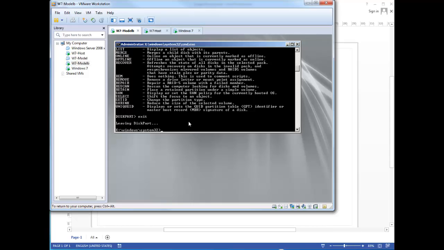Oh, I can't copy and paste. That's right, not in this Windows PE environment. So I'm going to the D drive to run the ImageX command, and I am going to capture an image of the C drive, and I'm going to copy it to my E drive, and I will just call this image